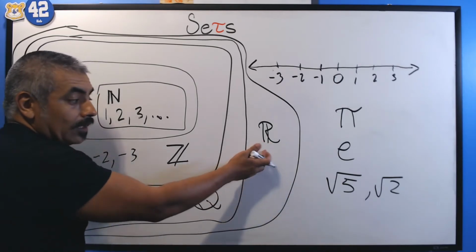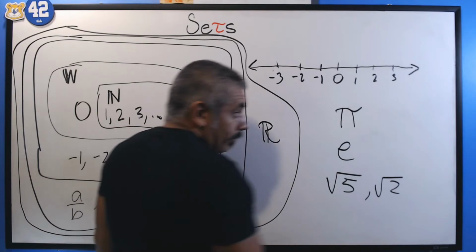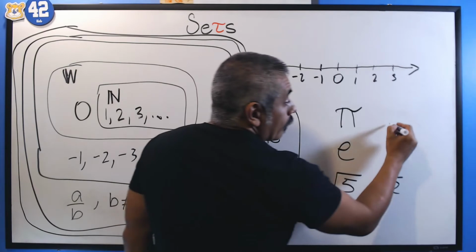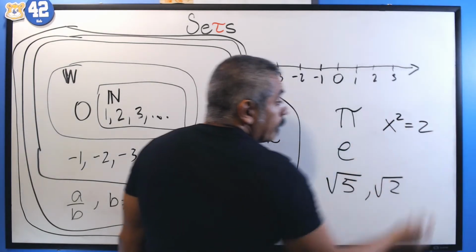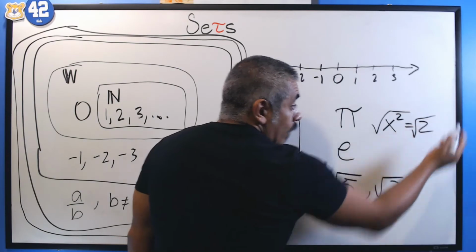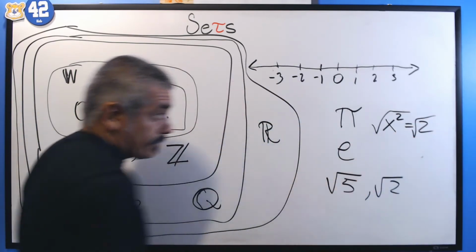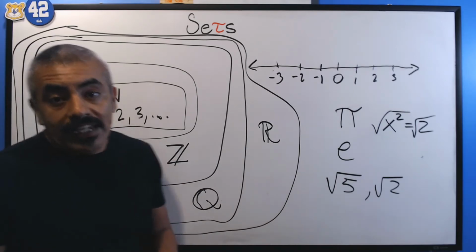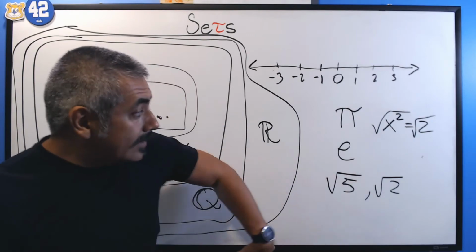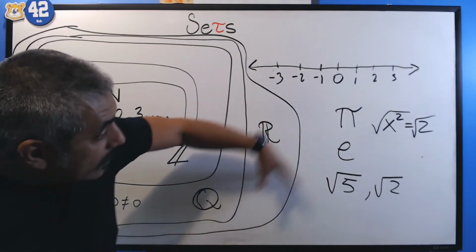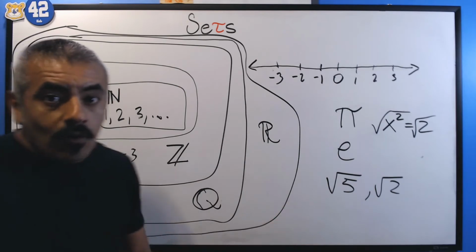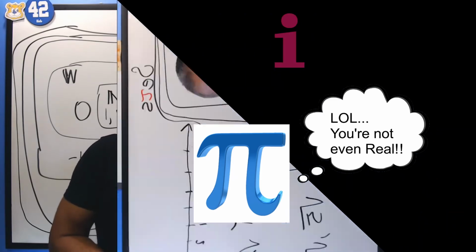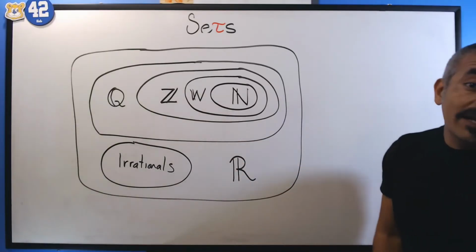And if we did not include them in here, we would not be able to solve problems such as circumference of a circle because it includes pi. We would also not be able to solve equations such as x squared equals 2 because we would not be able to take the square root of both sides because this number is irrational. So that extension allows us to do the majority of operations that you will be needing for Algebra 1. Now there is another set that includes all this, and of course there's more sets, but there's another set that includes this. It's called the complex numbers, and we're not going to go into that here. That's when you start getting into imaginary numbers and all that other stuff, but we're not going to get into that in this video. Now let's take a look at this diagram and see how we can put everything together.